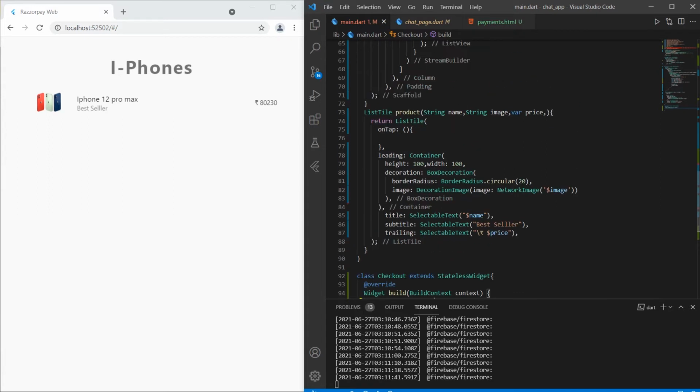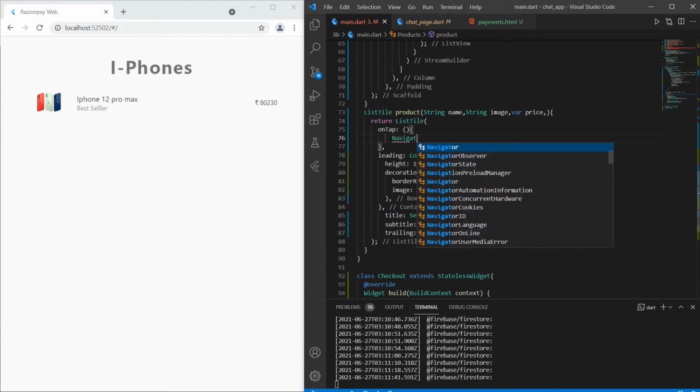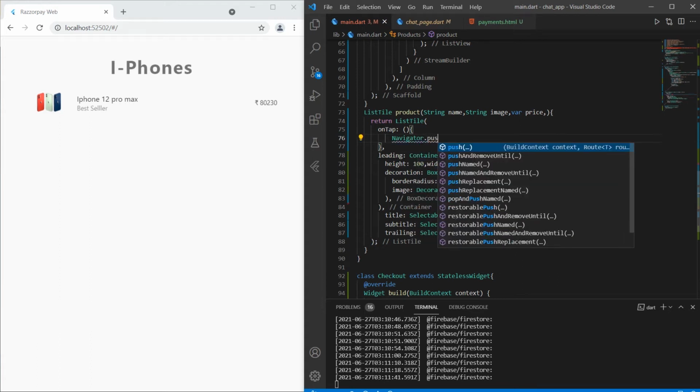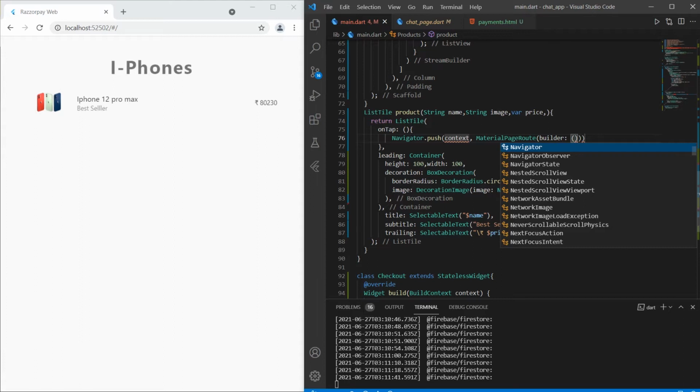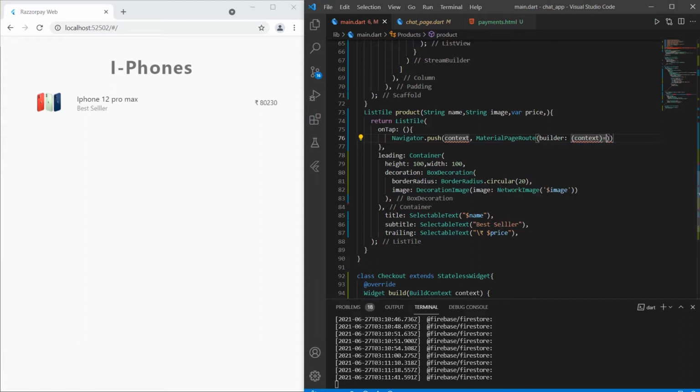Then you have to go with Navigator.push to the MaterialPageRoute. Here is the builder. You have to pass the context here, and after that return your checkout page.